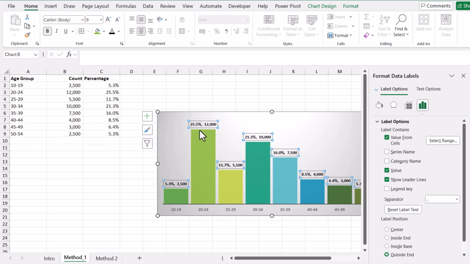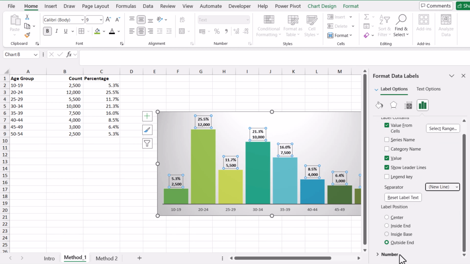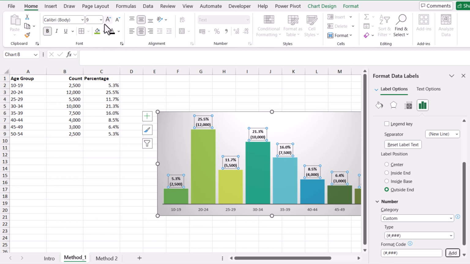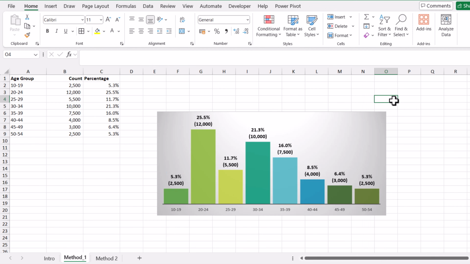Click on Home and choose the black color for the data labels. Now in this case I want my data label on a separate line, so here you can see the option Separator, and we simply need to choose New Line. Now I will scroll a little bit more and click on Number Format, and here I will simply type open parenthesis, hash comma hash hash, close parenthesis, and simply add this formatting. I will increase the font size a little bit more, and this is how we create a dual data label chart